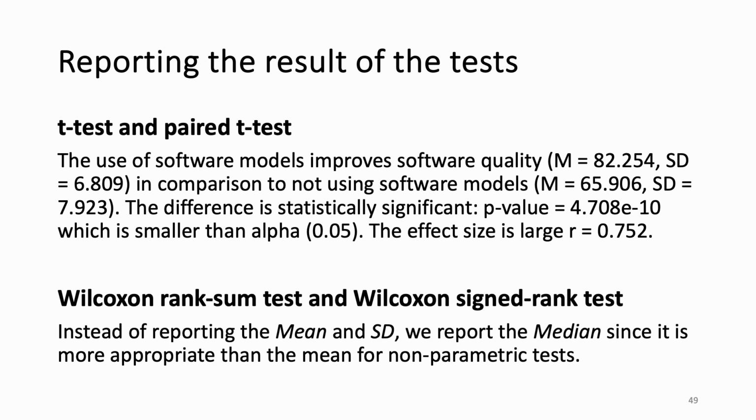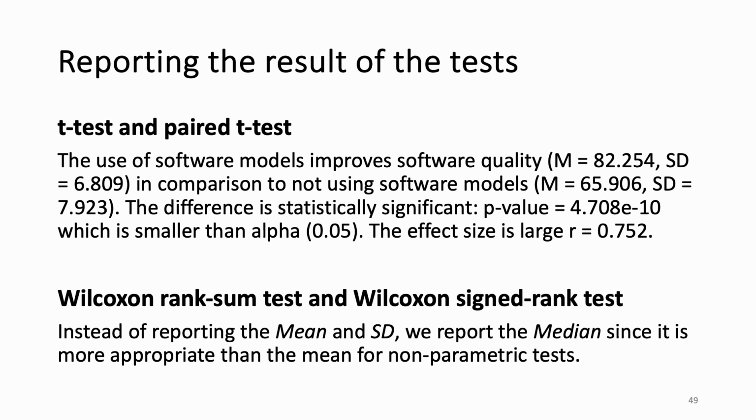So here we can report the results as follows. The use of software models improves software quality, and we report the mean value and the standard deviation value in comparison to not using software models. And here we report the mean value for that specific group and the standard deviation for that specific group. And then we say that the difference is significant. We report the p-value because it is smaller than alpha,